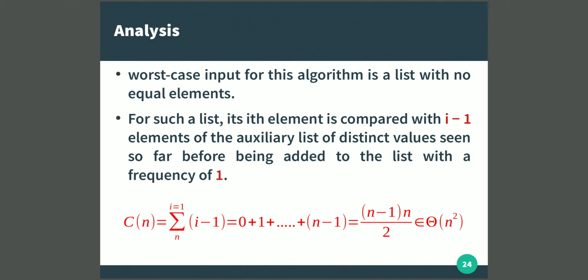And if we solve this, we can easily find out that the order of growth is quadratic. It belongs to theta of n square. Okay, so this is the efficiency analysis for the brute force approach to find out the mode of an array, or a list of elements.